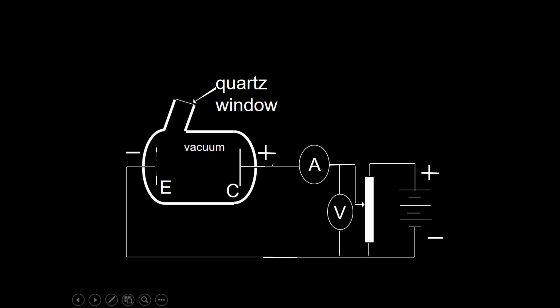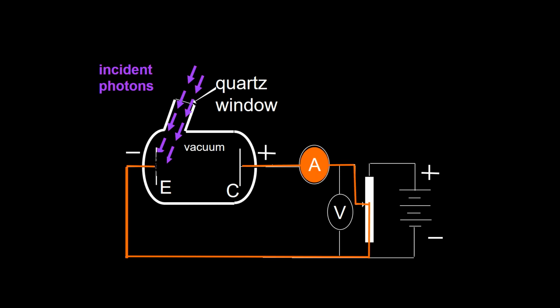Second, there's a quartz window here. Why a quartz window? Why not glass? It's because glass absorbs UV light. So a quartz window allows all light, from visible to UV, to pass through. So what's happening here? There's a whole chunk of words there, and I'm trying to explain it to you with my diagrams. You have light coming in. In red, nothing happens. In purple, UV light, electrons come out, and a current is created. And this current is constant.